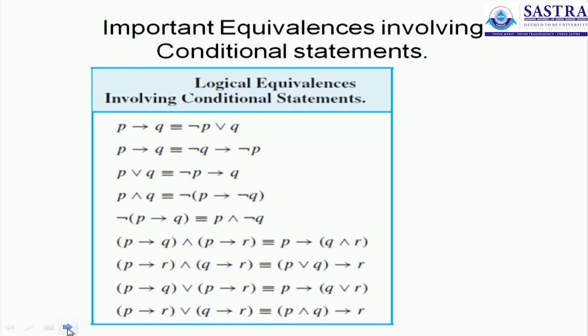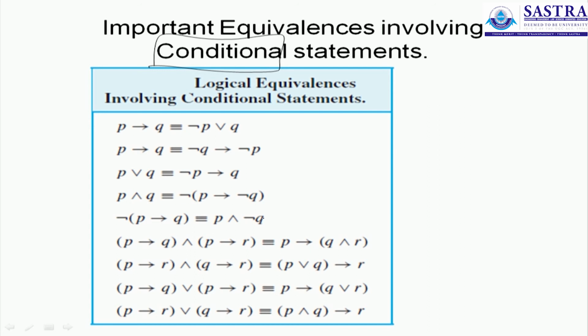And this is one more set of equivalent statements, but this time we are not talking only about statements and their complements. We are also involving the conditional statements. We looked at what conditional statements are in the previous class. Now there are certain properties which can be applied to show that a couple of conditional statements are equivalent, or a statement which is conditional and a statement which represents a connective are also equivalent. So this table here lists 9 different equivalent statements involving conditional statements.